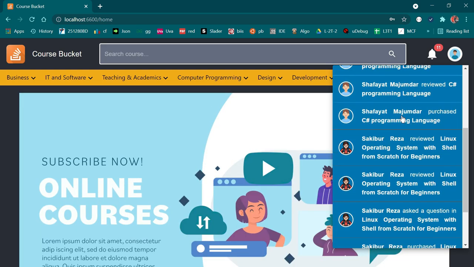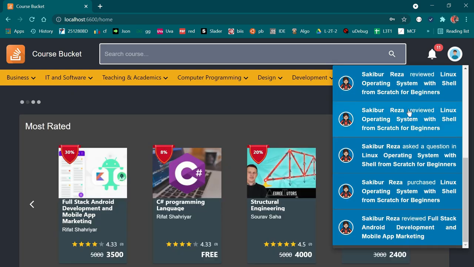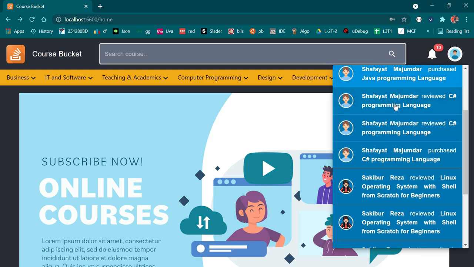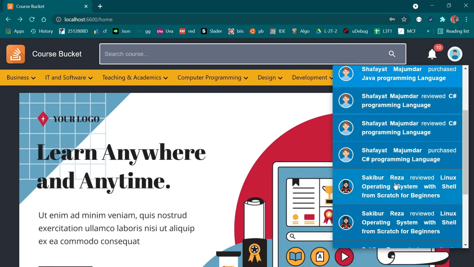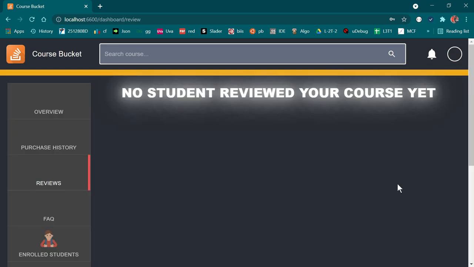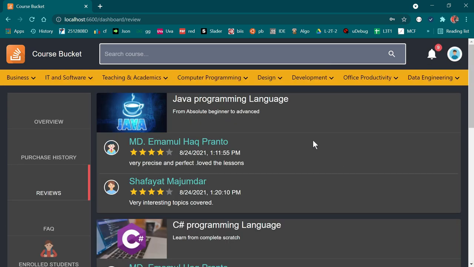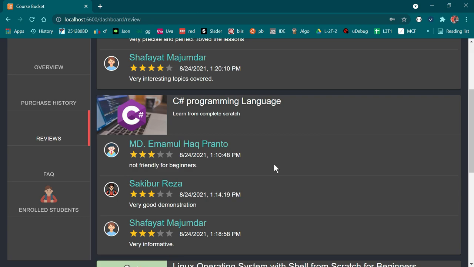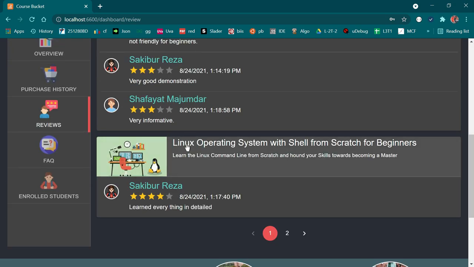So these are the notifications of this teacher. If we click a notification, it will take us to the event. For example, now let us click this notification that Sakibur Reza reviewed Linux operating system, this course. Now if we click, it will take us to the section where he reviewed. So this is the course Linux operating system, and Sakibur Reza reviewed the course, and the notification took us to